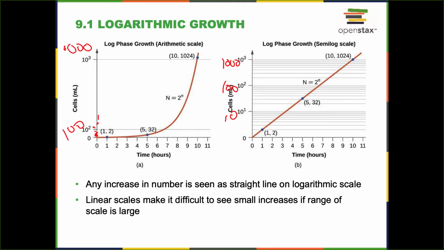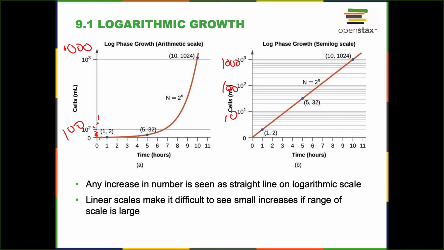Because growth starts slow and then gets rapid, linear scales actually make it really hard to see increases in number, right? So here, again, we have the exact same data points. After 1 hour, we have a population of 2 cells, right? So right there, we have 2. And remember, that's like 100 lines here. So 2 would be pretty much right about